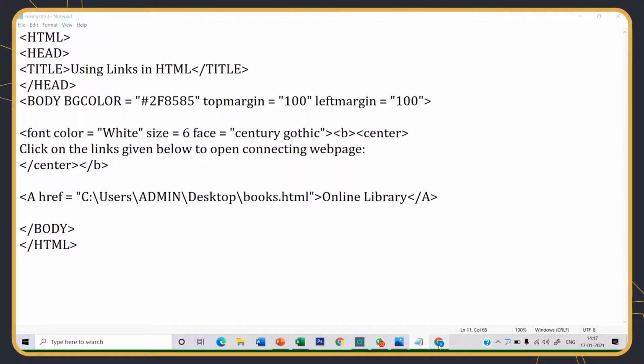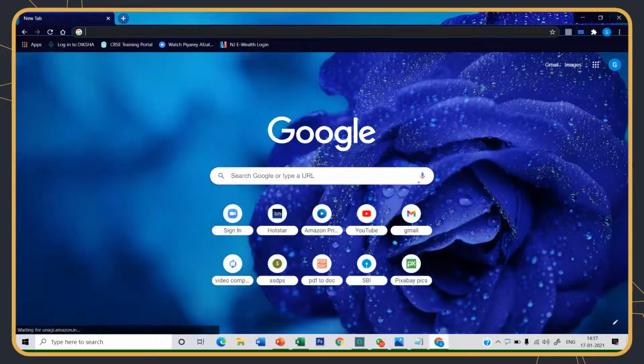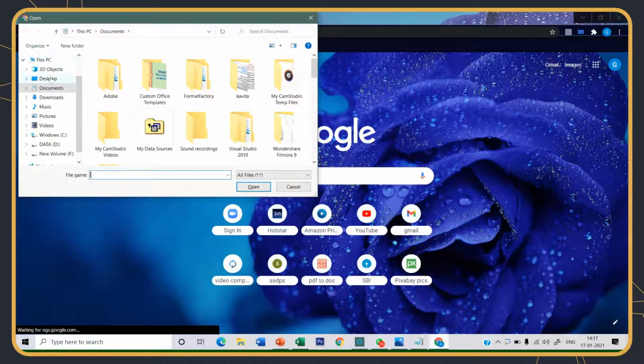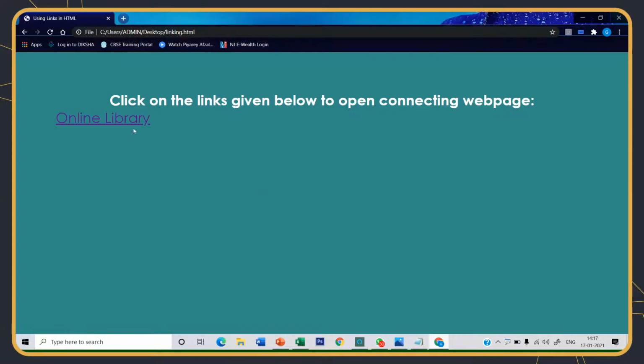Open the web browser. Open your file: I press Ctrl plus O. Select the file. My file is on the desktop. I'm selecting my file. Click on open. See,